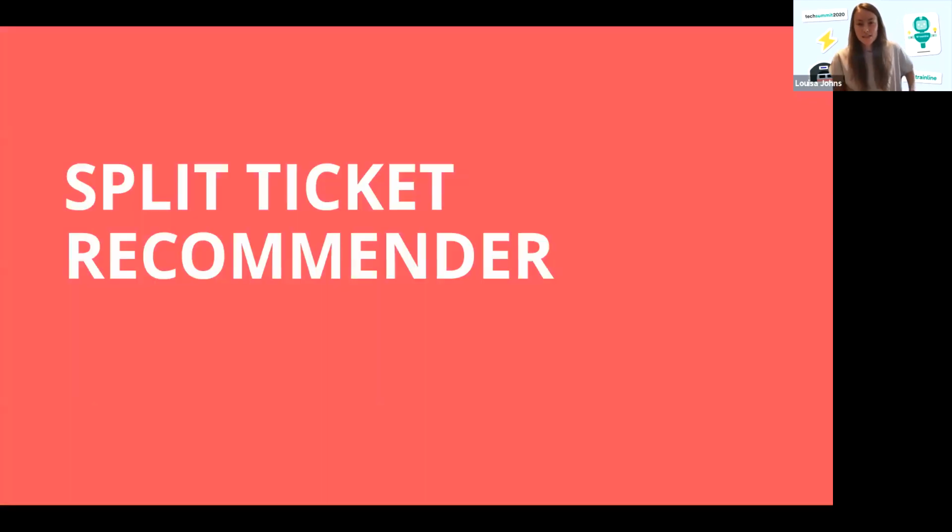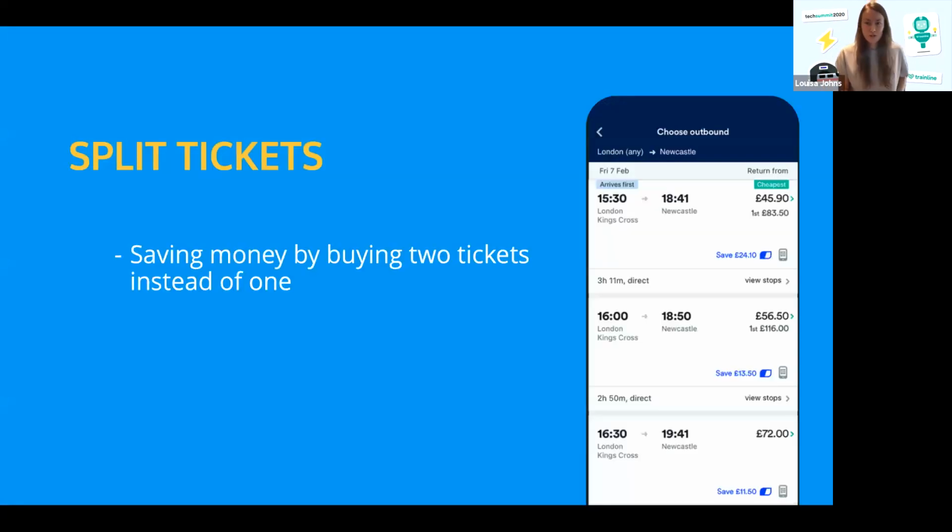So let's get started with the split ticket recommender. For those of you who've been at Trainline since January, you should know what split tickets are by now, but we'll go through it anyway. Basically, the premise is that you're saving money by buying 2 tickets instead of 1. So if you're going from King's Cross to Newcastle, it can normally be about £70, but you might be able to buy a ticket from King's Cross to York, and then a second one from York to Newcastle,